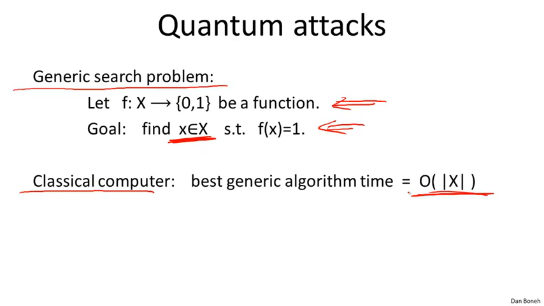Now it turns out there's an absolutely magical result that says that if you build a computer that's based on quantum physics as opposed to classical physics, you can solve this problem faster. So let me explain what I mean by this. First of all, in the 70s and 80s, it was observed, I think it was actually Richard Feynman who observed this initially, that it turns out to be very difficult to simulate quantum experiments on a classical computer. So Feynman said, hey, if that's the case, maybe these quantum